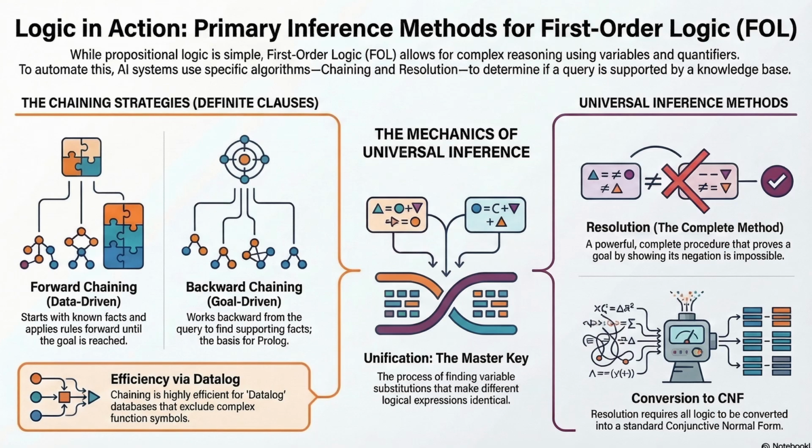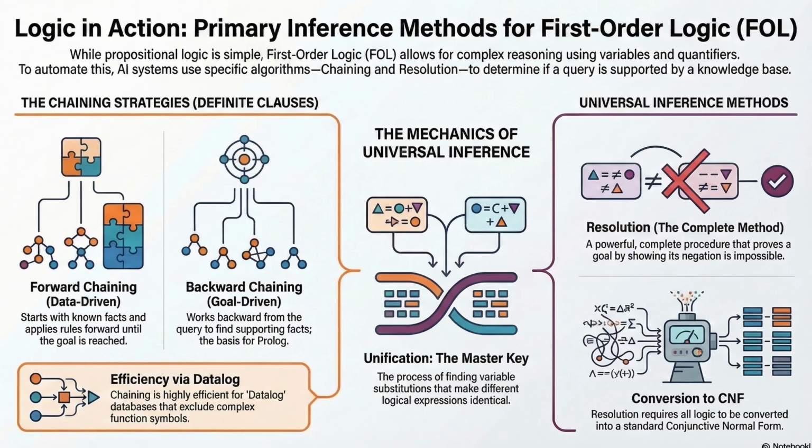All right, let's run the forward chaining algorithm. Iteration 1. The computer looks at the base facts. It sees Nono has missiles and West sold Nono's missiles. It unifies these and deduces a brand new fact: West sold missiles to Nono. Okay, putting pieces together. It also sees missiles are weapons, so it deduces the missiles Nono has are weapons. And it sees Nono is an enemy of America, so it deduces Nono is hostile. So that's the first pass. We've learned some new things. Now we run it again.